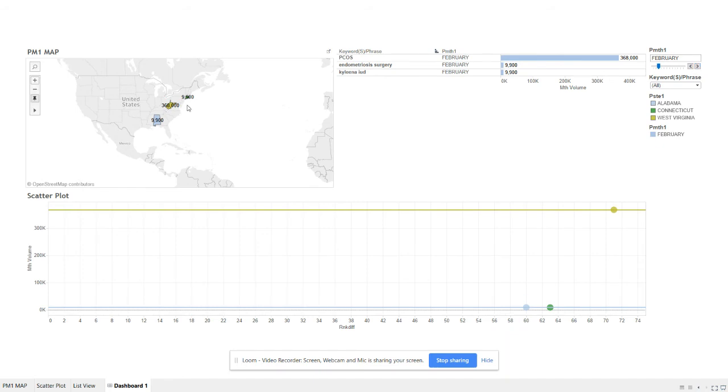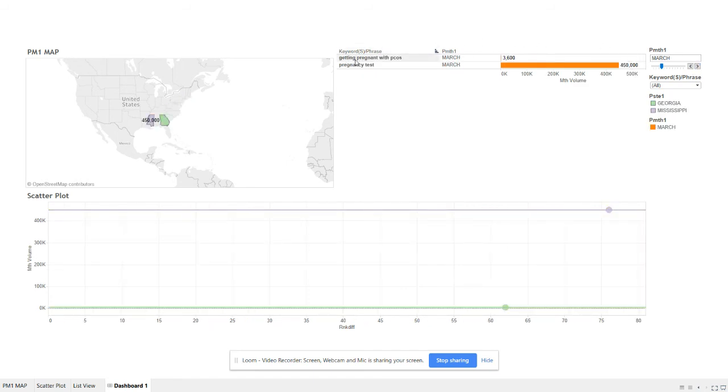And then we change to February, and then I have my calculations on my scatter plot down here. For March, these are my popular phrases in the overall search pattern. And on the right, you can see it also tells me my peak states are Georgia and Mississippi. I also have another data set that gets specific into cities. But as mentioned with all my videos, we have to start from the top layer and work our way in. That way, we'll know from a chunk of information down to the granularity of specific cities, zip codes, and any demographics or psychographics